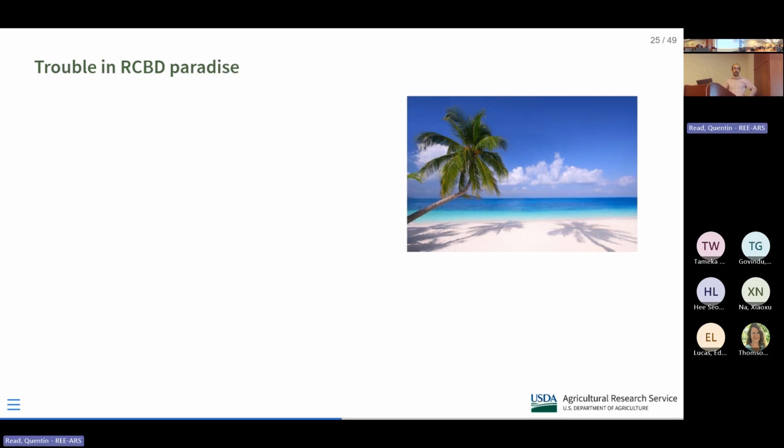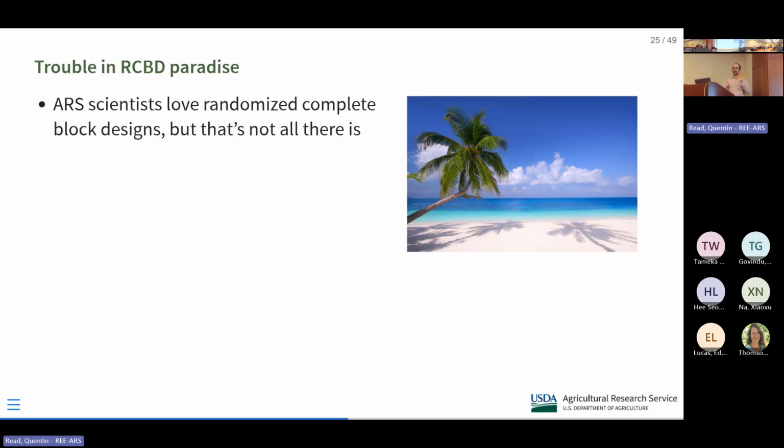Now, I sort of said this for the ag scientists, the crop scientists in the Ag Research Service. They're obsessed with randomized complete block design. Every time they set up a study design, they only ever do randomized complete block. They're not even aware of the other options out there that may actually be better, and you can get more bang for your buck with the same amount of money and time spent. You can get better statistical results, more power to get the answer you care about if you use the right